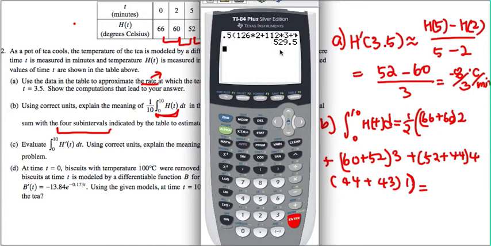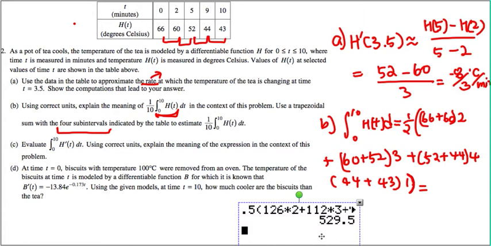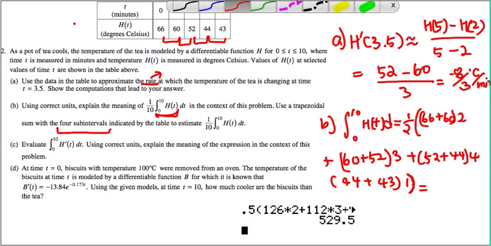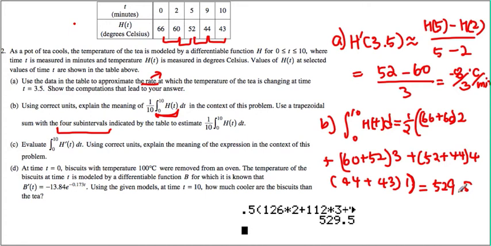Then we end up getting 529.5. Therefore, if you divide that by 10, we get the expression 1/10 integral from 0 through 10 of h of t